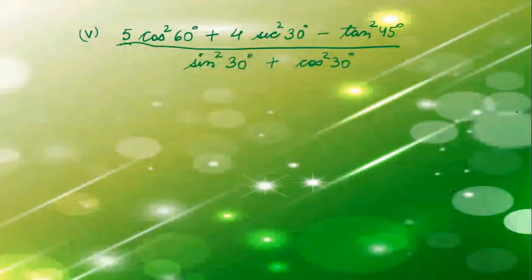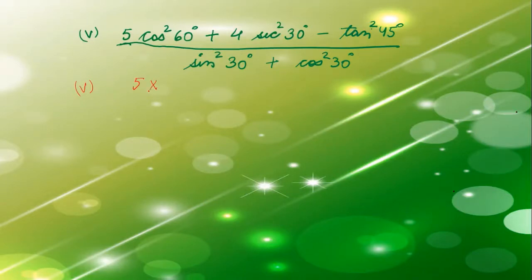Now after this, the fifth part is (5 cos square 60 degree plus 4 cosec square 30 degree minus tan square 45 degree) divided by (sin square 30 degree plus cos square 30 degree). So 5 multiplied by cos 60, cos 60 is your 1 upon 2, whole square, plus 4 multiplied by sec 30 degree, that is reverse of cos 30 degree, that is root 3 by 2. So it will be 2 by root 3